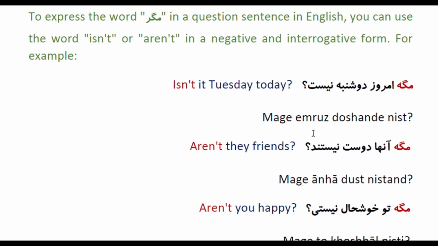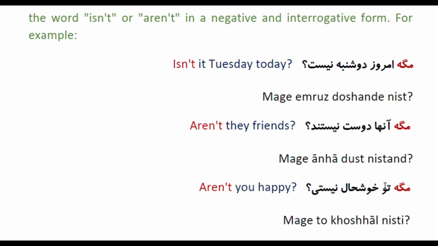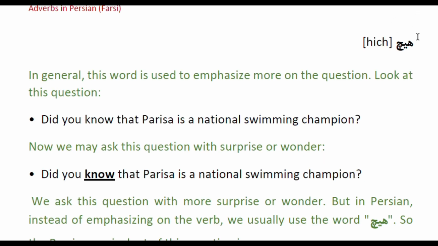In spoken Persian, we usually omit the d sound. So we don't say نیستند. We say نیستن. مگه تو خوشحال نیستی؟